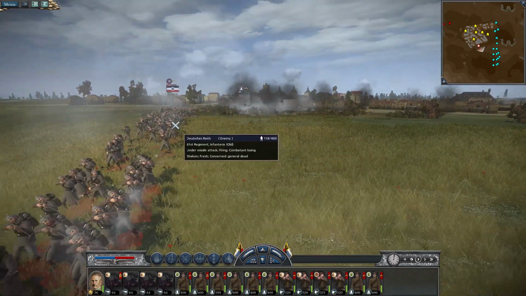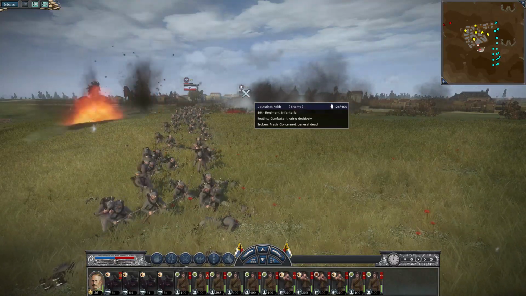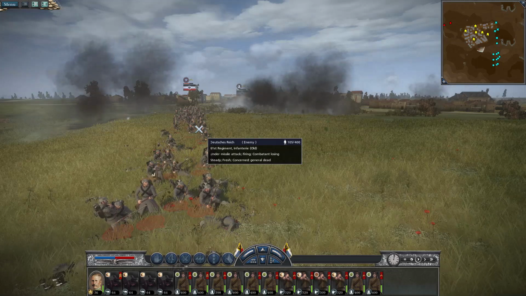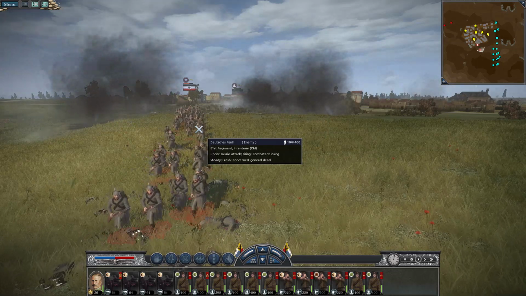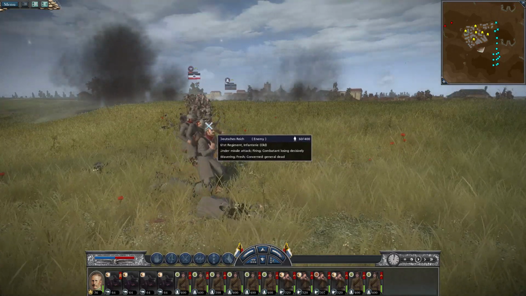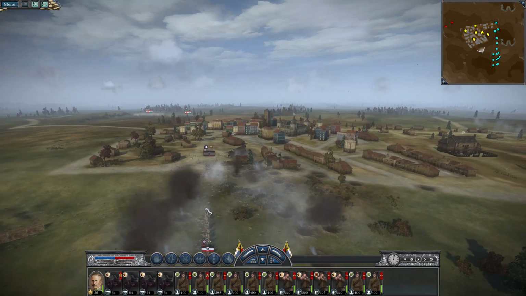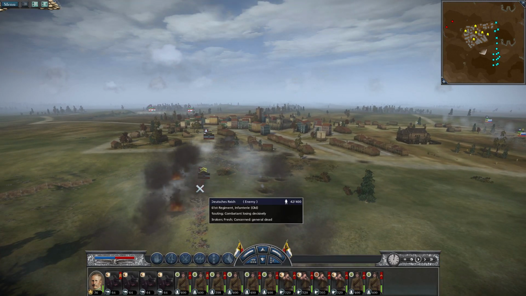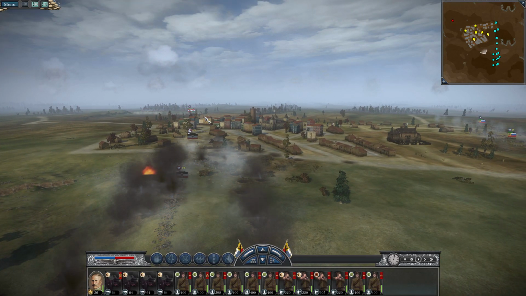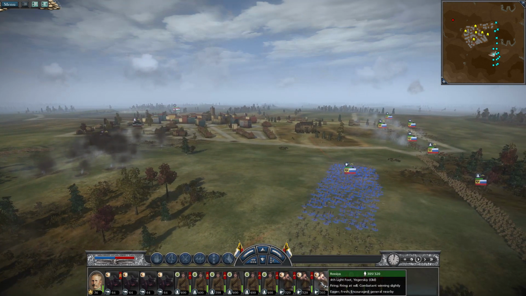So they've been facing this artillery bombardment, and now they just got a hail of bullets coming in, slaughtering their line. And the general unit here is whittled down to almost nothing at this point. And they're now broken. The thing here is that we can see now that the enemy